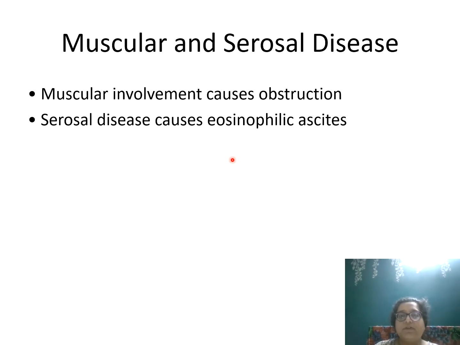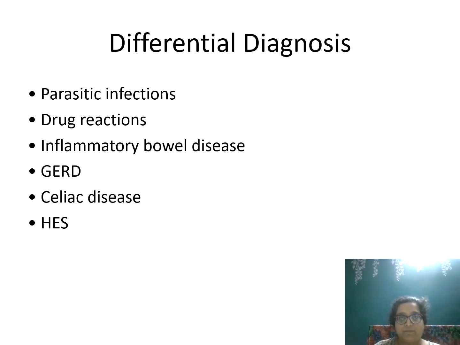So serosal and muscular involvement is a cause of alarm. It means it's an active eosinophilic inflammation which needs to be reported rather than a normal eosinophilic population. What are the differentials? Parasites, drug reactions. GVHD is one thing in drug reactions. Inflammatory bowel disease: IBD's close mimicker is eosinophilic gastroenteritis, and you get eosinophils in IBD also. I'll tell you when I'm discussing the differentials in detail that we look at the cutoff of eosinophils as well as how much eosinophilic cryptitis and crypt abscess there is to actually diagnose IBD from eosinophilic gastroenteritis.